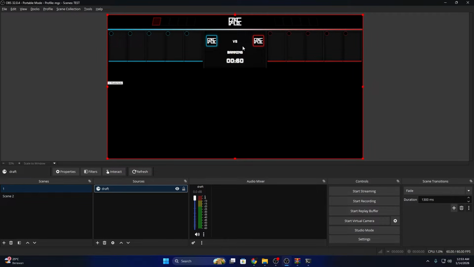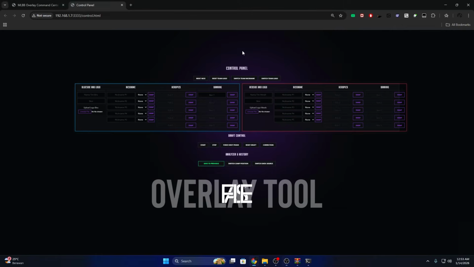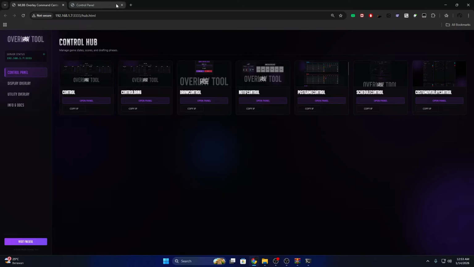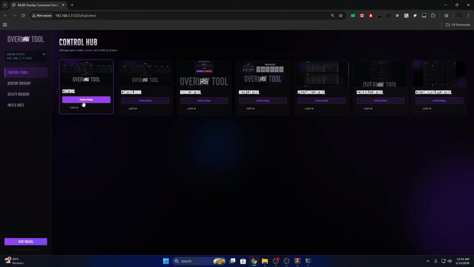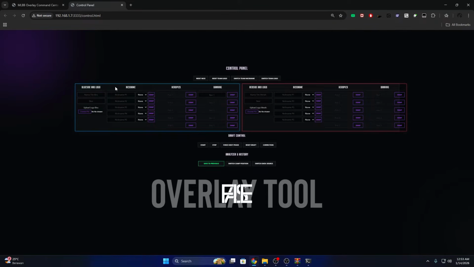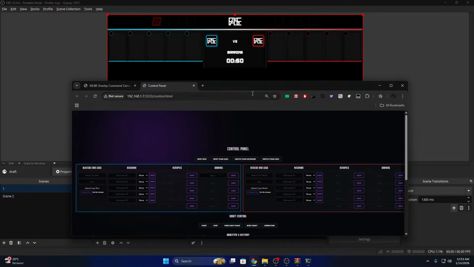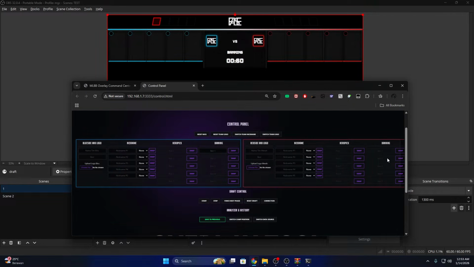So what is special with this new draft? To understand it, we need to go to our control panel. As you can see, now we are in our panel. I will make it small, and as you can see here, there is a new section, lane, near the nickname. If you go in here, you will see this is for the lane settings.